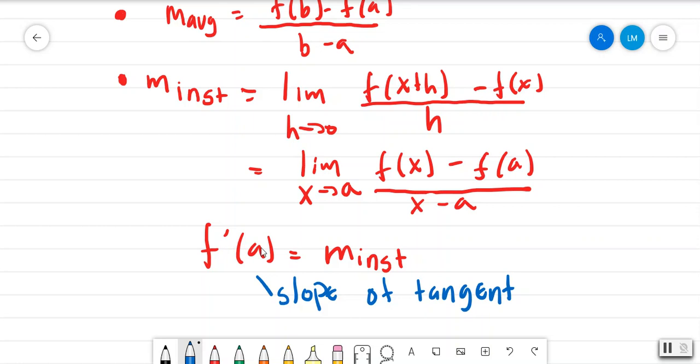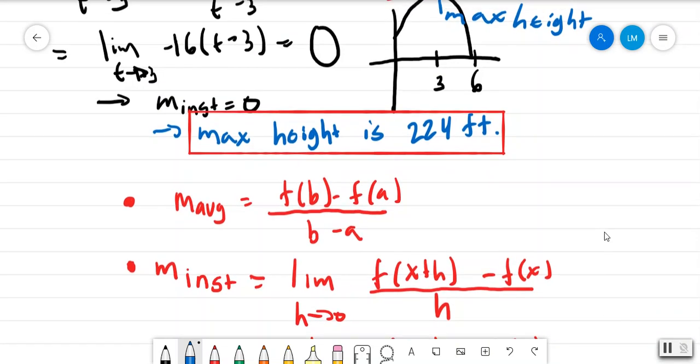Okay. So in the next section, we'll talk about that. But be sure that you do look at some of these examples and how I found the rate